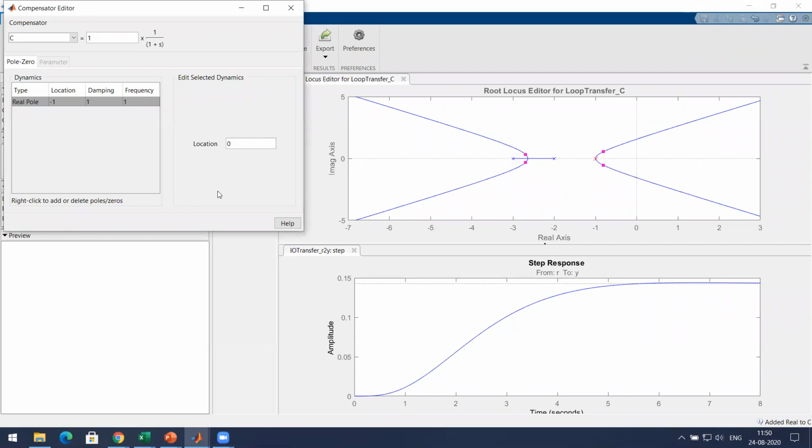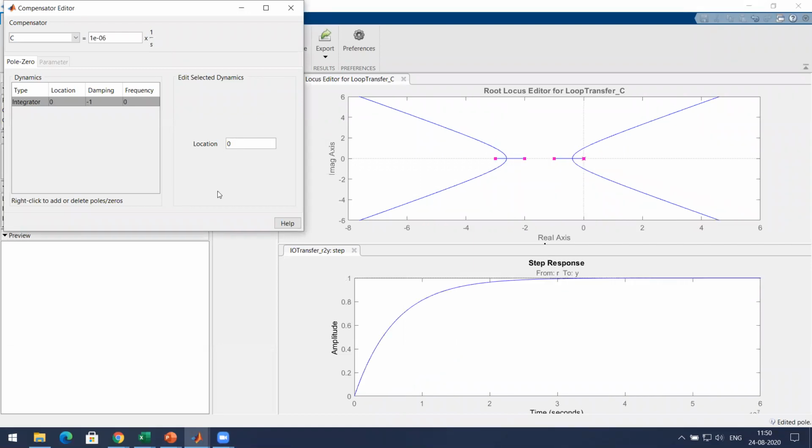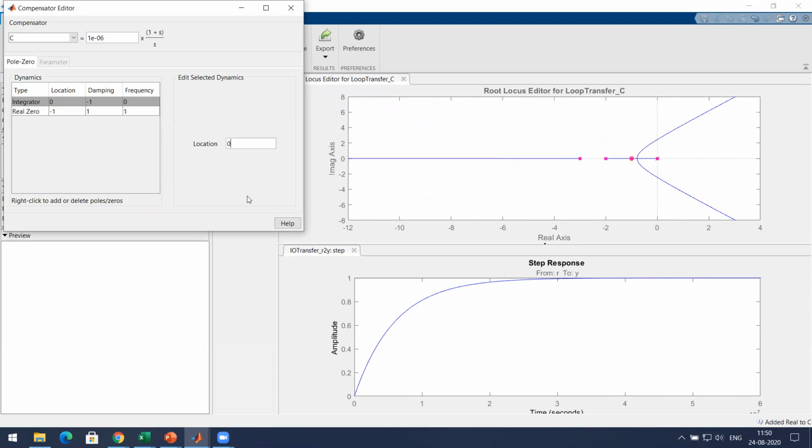A pole is added. And then right click, add a 0. Real 0, right? Yes, sir. Okay, real 0. Let's add it at -1. -1 means 1 by 1, so Ki and Kp will be 1. Ki is equal to Kp.